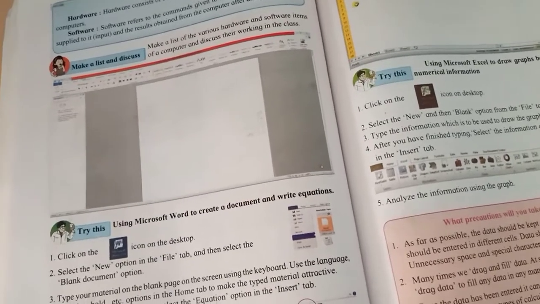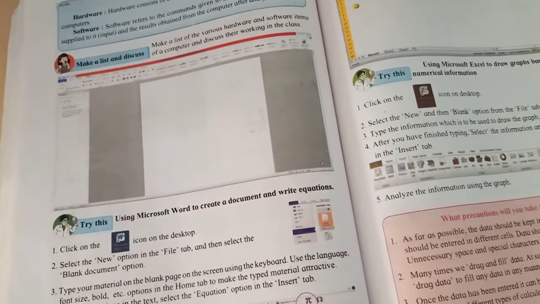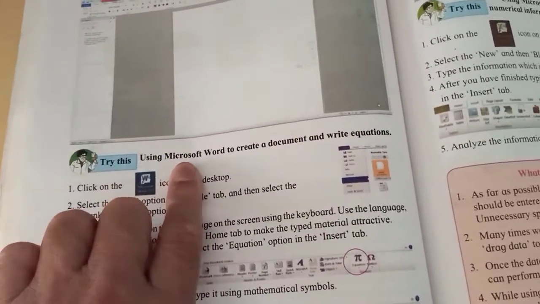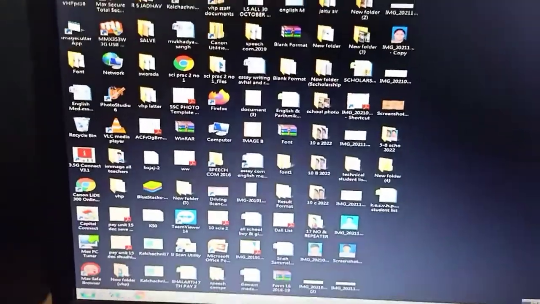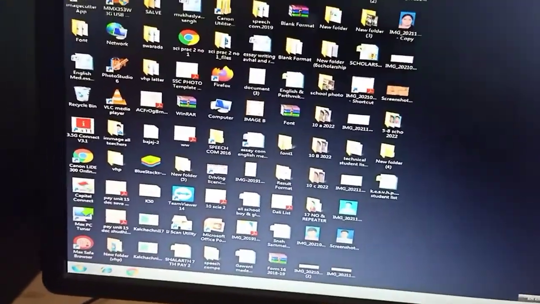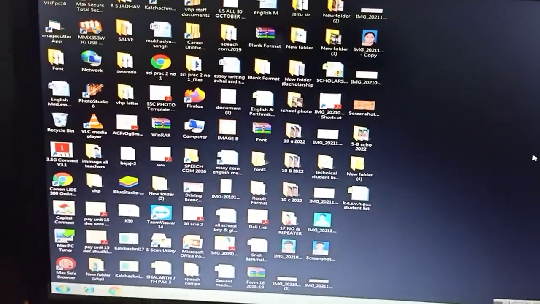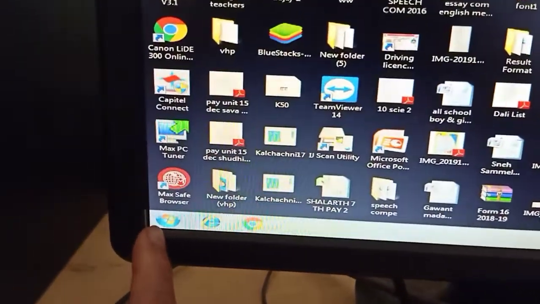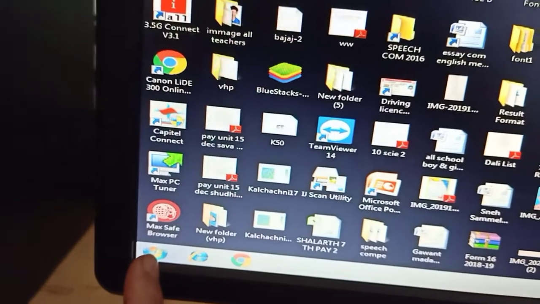The first software we are going to study is Microsoft Word. Let's see how we can operate this computer. Here on your computer you will see various icons. Here at the bottom, this icon is called the start button.